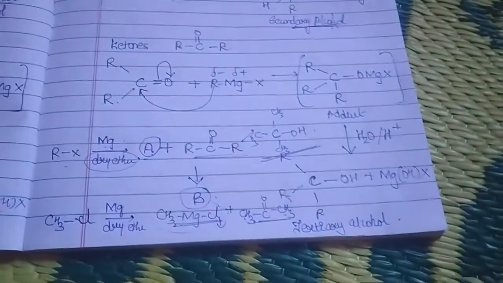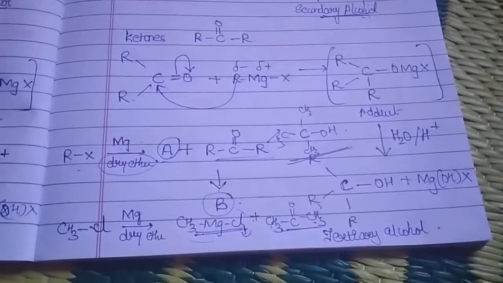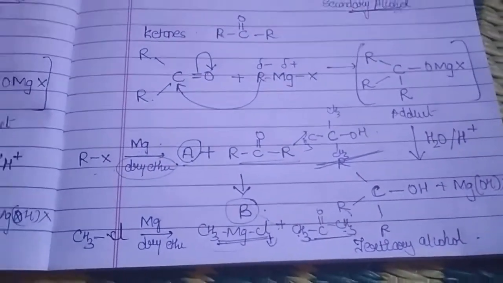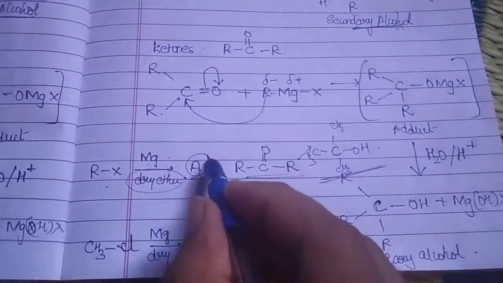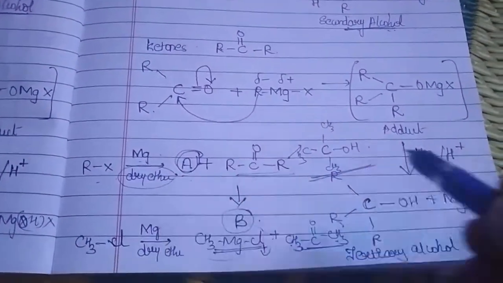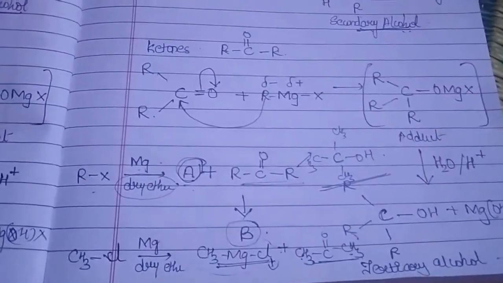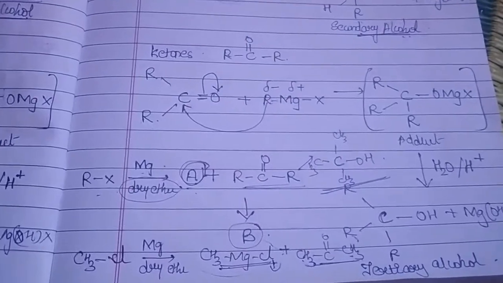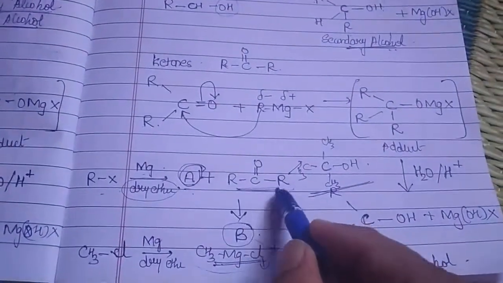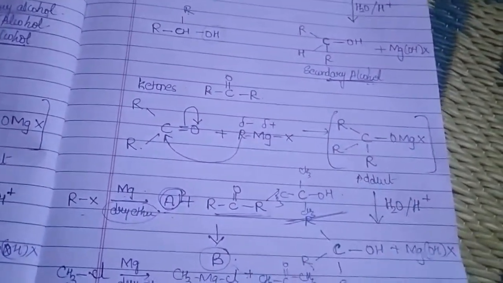Are you able to understand the difference? In this way they can ask you the question even in your competitive exam. So you should first know how the Grignard reagent is prepared. If you have that knowledge, you will easily get A. Then when the Grignard reagent reacts with ketones, you should switch your mind to the preparation of alcohols from Grignard reagents. Okay, we have got a ketone, so the product we get should be a tertiary alcohol.